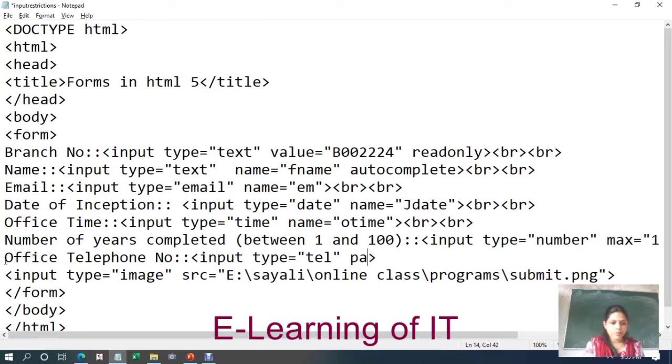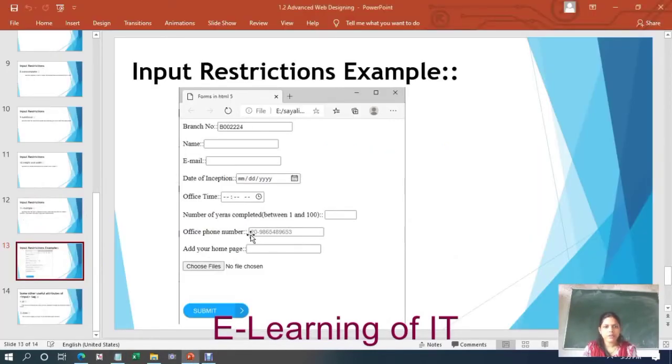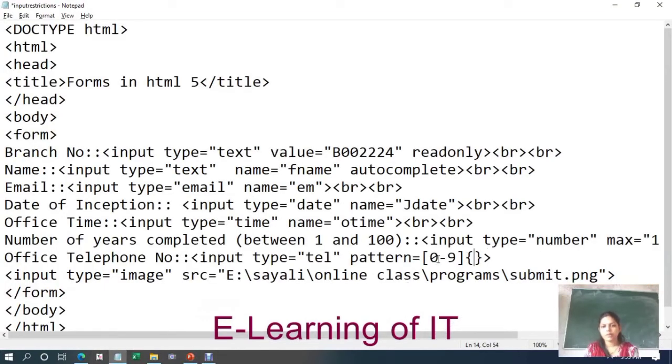and for that you have to specify a pattern, that is, how that telephone number should be. So pattern is equal to, now here you have to specify the numbers. So first numbers will be from 0 to 9. How many numbers will be at the start? So you can specify here, see here in a form, there are two numbers, then after that a dash, and after that 10 digits are there. So the first two digits can be any number between 0 to 9. So specify like this, 0 to 9.